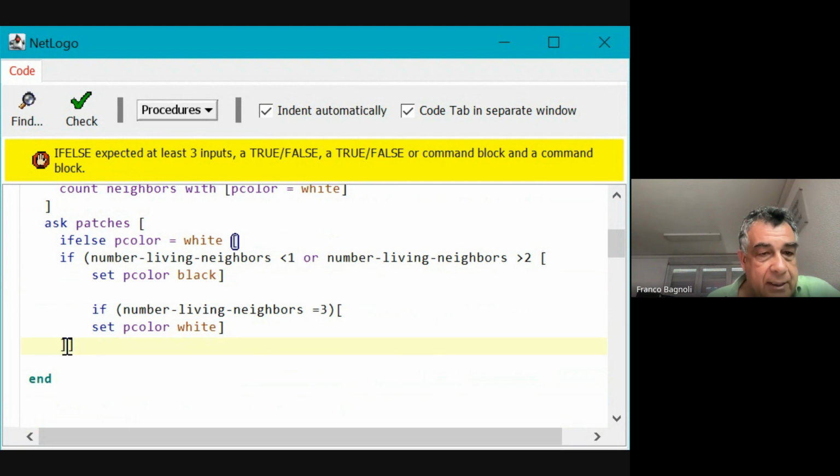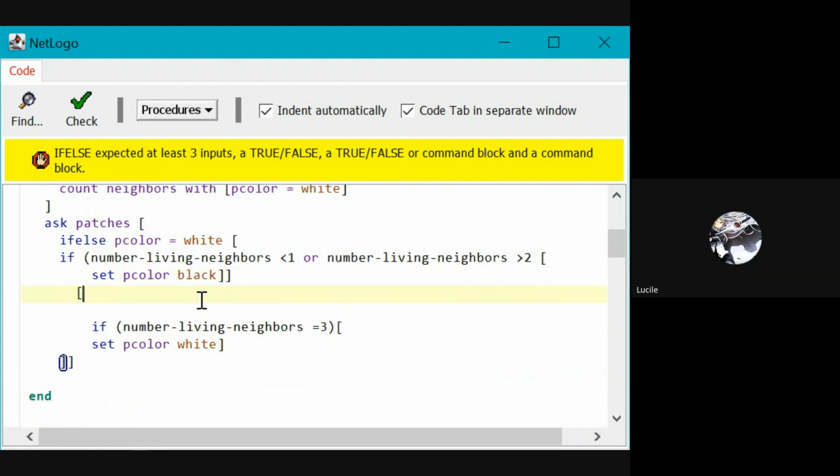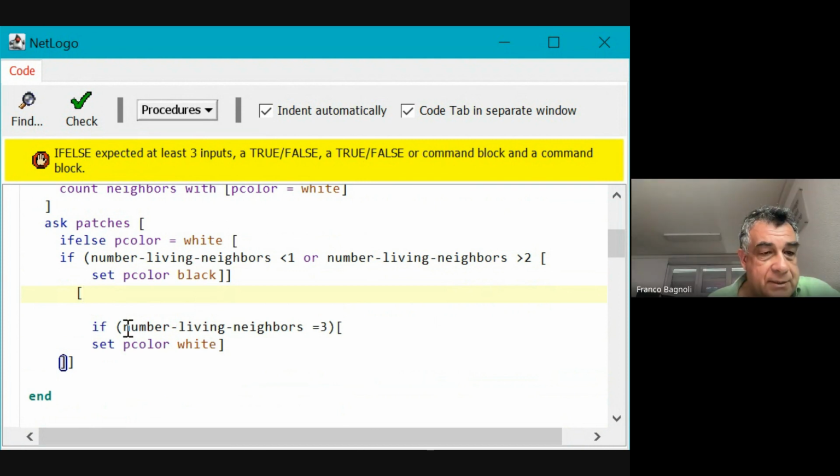Now you should close the first parenthesis, p-color equal to white. Here? After this, yes. And open again for the else part. Okay. Now you have this, and finally you should remove the last parenthesis. But this one, yes. And then space the